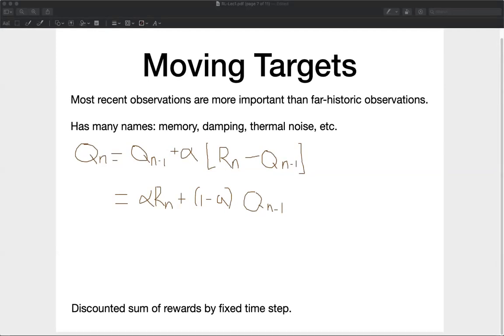Okay, and I can say that this term in here, well, let's write it like this. I'm gonna need more space. So we have alpha r_n, and what I'm gonna do here is plus 1 minus alpha. This is terrible penmanship. Alpha